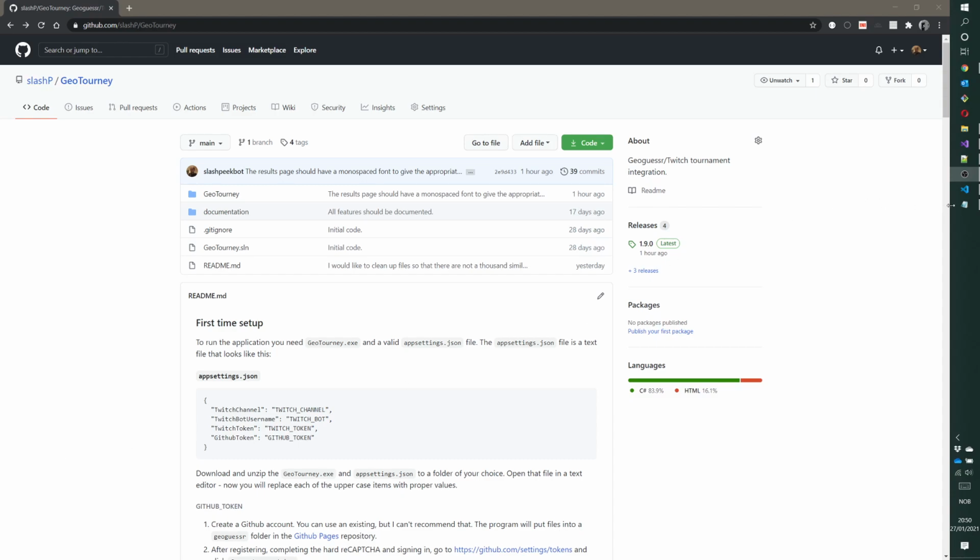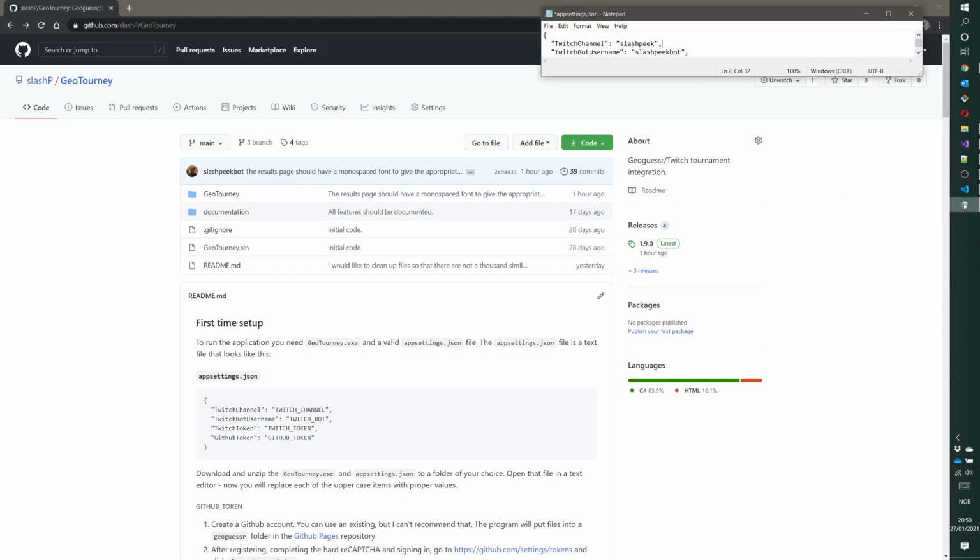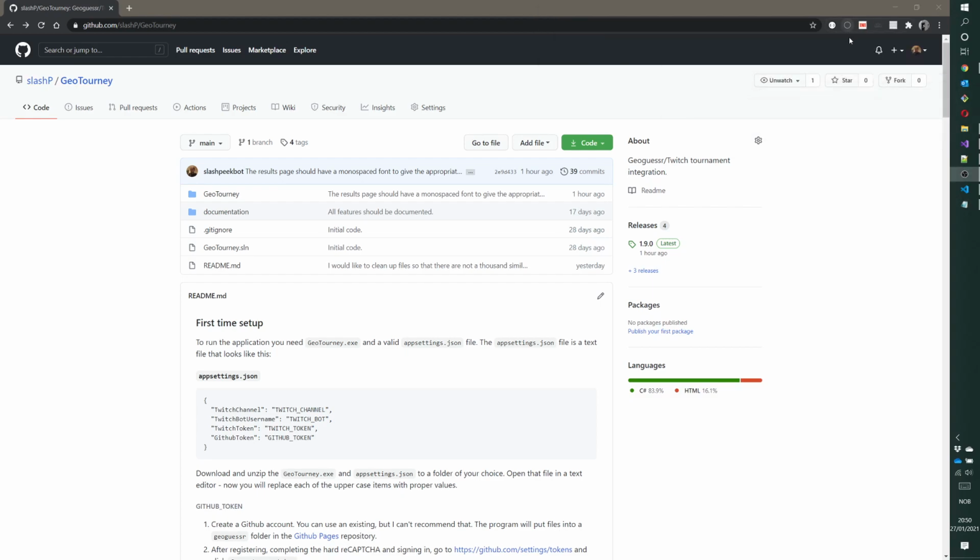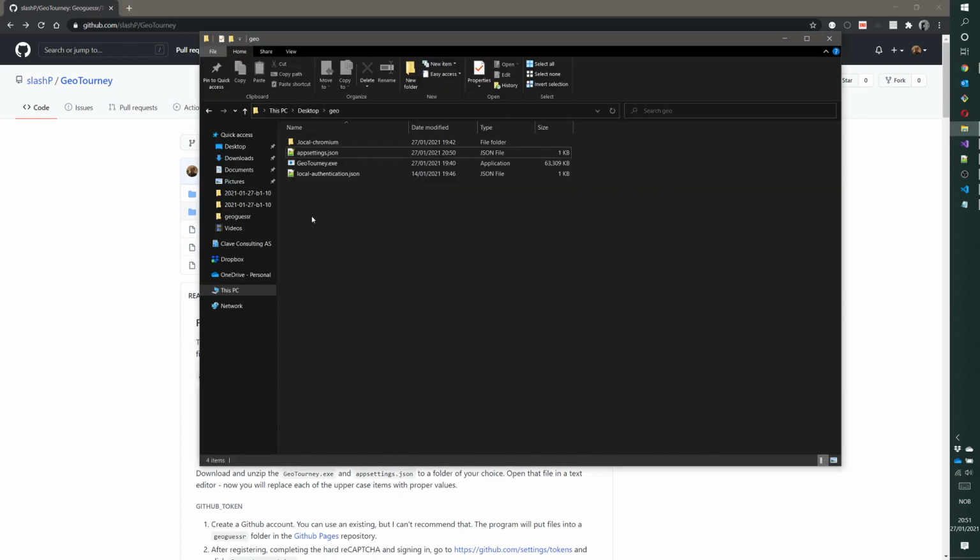So, if I go to my app settings file and I remove the value in the Twitch channel here, it will effectively disable the Twitch integration. If I do that now, remove the values, save the file, and then start the program, it will start without having Twitch enabled. So let's start the program, and since I will